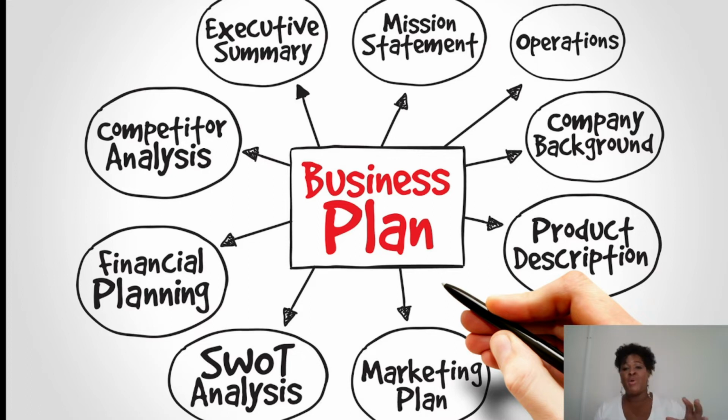And it's not just about, hey, we're turning a profit, so we're doing good. Yes, that's nice. But what did it take for you to be turning that profit? Was there a certain amount of widgets that you had to produce? Was there a certain amount of clients that you had to turn over? What does your production look like? And how do you measure it in terms of success? That's what you want to put in your operations.